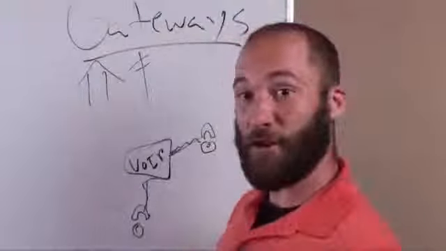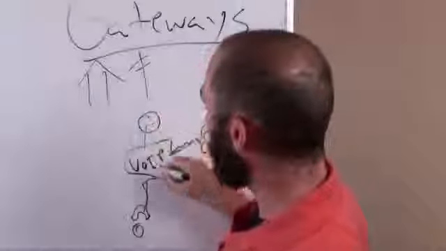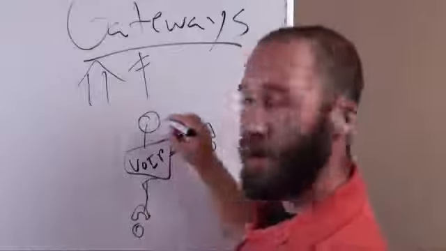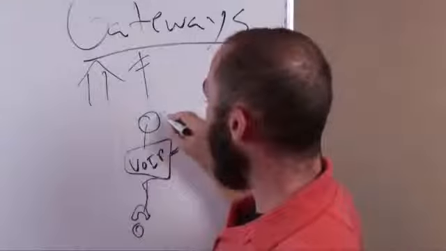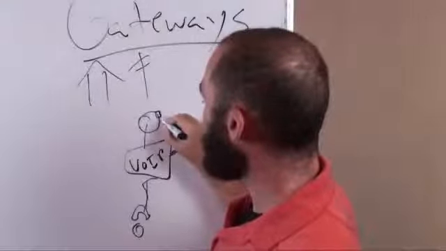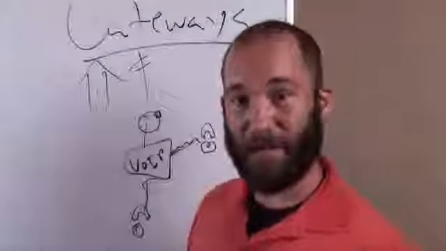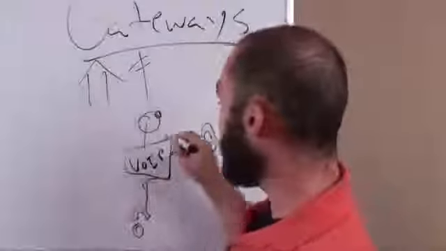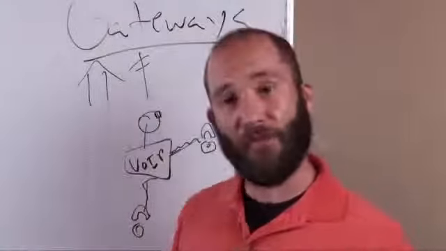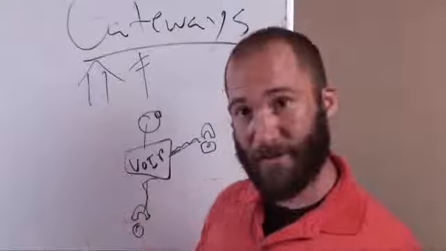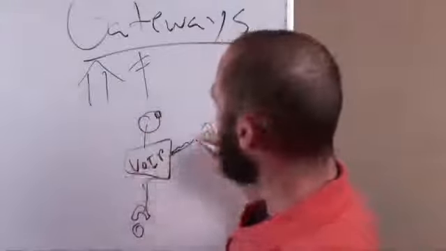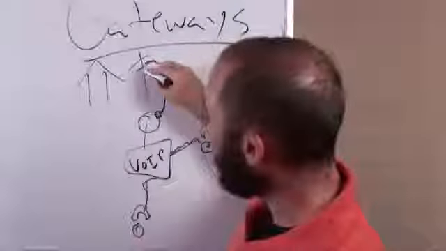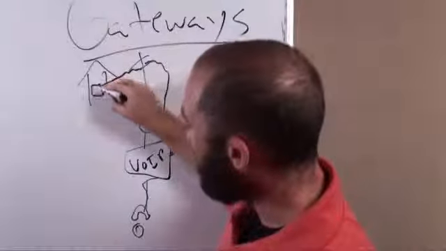So what they did is they created these things called gateways. So a gateway, what would happen is if you were calling to an outside line, what these gateways did is they had normal RJ11 telephone connectors on them. So you could connect a normal telephone line from the outside world into one of these gateways. So the telephone line that you have in your house, you could connect into one of these gateways. So that gateway would then connect to a normal telephone line, and then you could call into Bob's house.